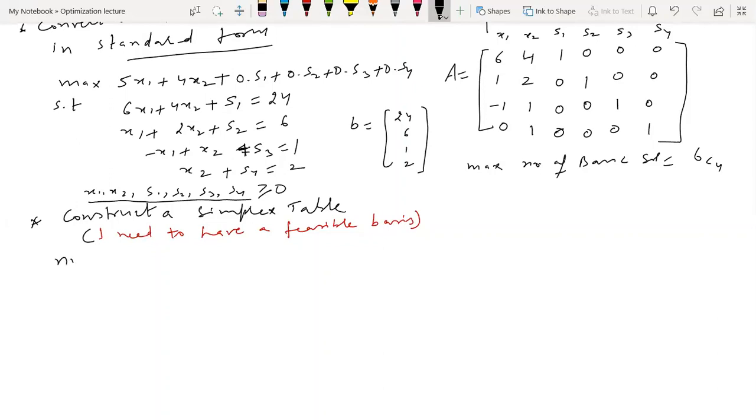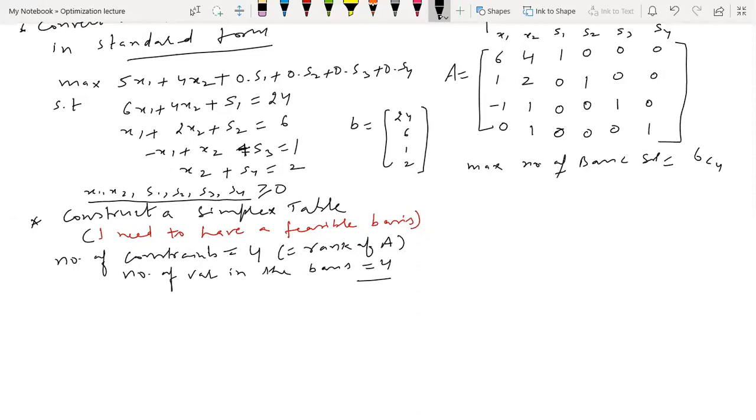Because the number of constraints is equal to 4, and this is equal to the rank of A. So the number of variables in the basis is 4. That means I need to choose 4 variables to construct my first basic feasible solution. But the question is,